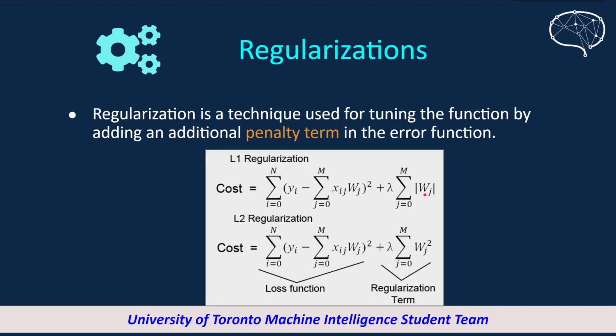So this W here is the vector of all of the coefficients, and you can calculate the sum of the absolute values or the sum of the squares of all of the